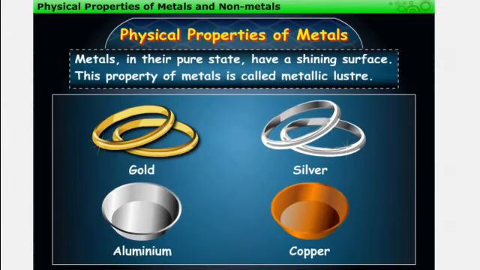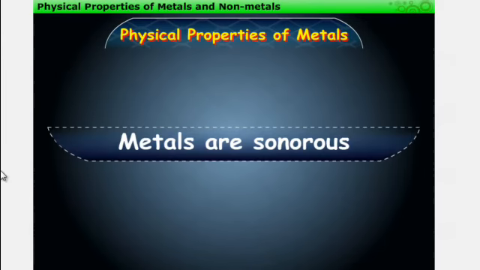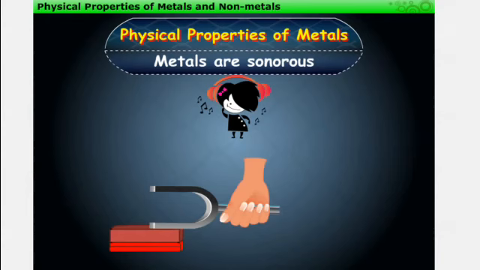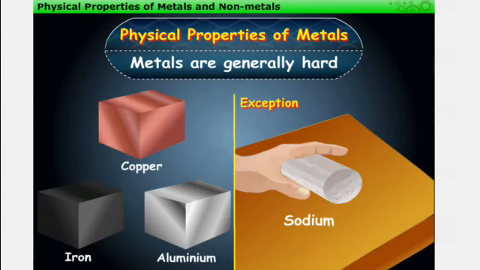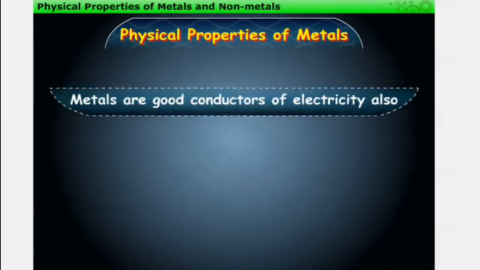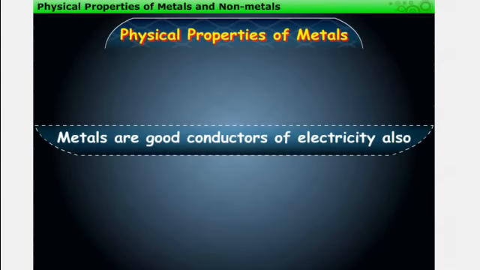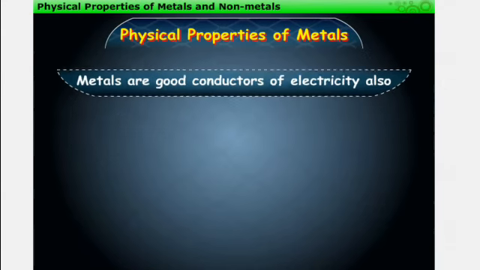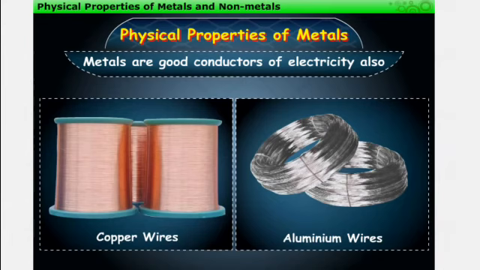Hardness. Most metals are hard. Sodium and potassium are soft enough to be cut by a knife. Osmium is so hard that it can scratch glass. Luster. All metals are shiny. The typical shine of a metal is called luster. All metals have a typical metallic luster.